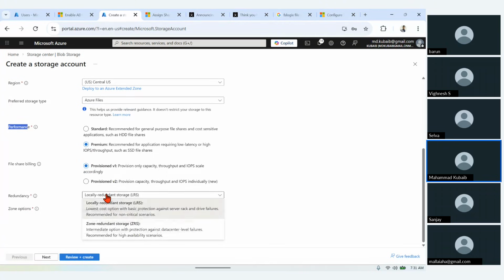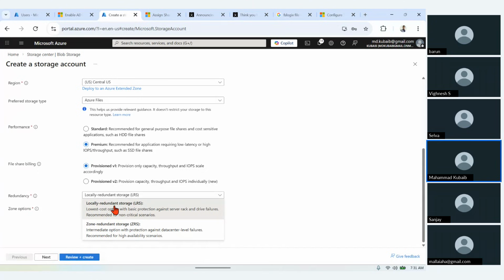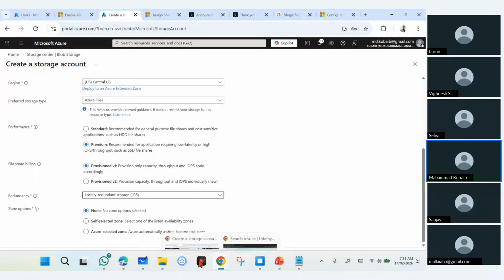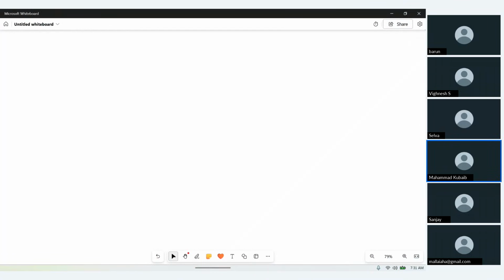Redundancy, this is very, very important. You have two options here when you choose a file share: one is LRS and another is ZRS. Let's go back to our whiteboard to understand what is LRS and what is ZRS. When you choose an Azure region, for example, let's say